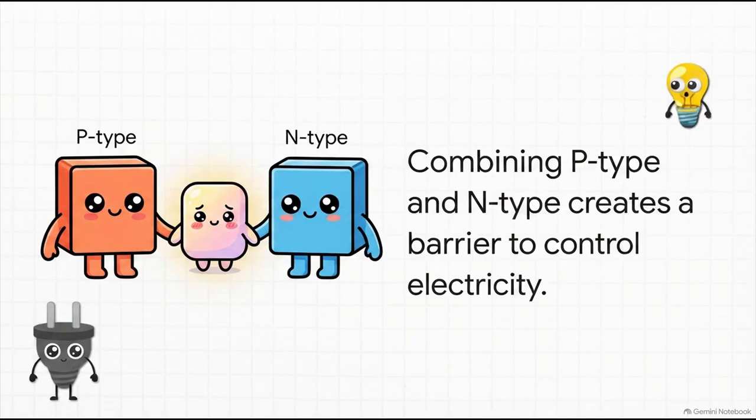If you take a piece of P-type silicon and seamlessly join it to a piece of N-type silicon, you create a heterojunction, specifically a P-N junction. This interface is the magic barrier. It acts as a one-way turnstile for electricity, allowing current to flow in only one direction. This single, simple structure is a diode. If you sandwich 3 layers together, you get a transistor, the microscopic on-off switches that make up the processors in our phones, computers, and even the photovoltaic solar cells powering our grids. None of it happens without doping.